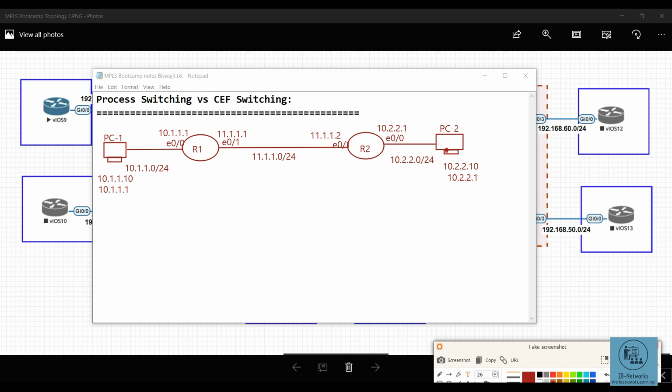Good. Once you understand this, let's talk about the fundamental piece of what is process switching versus CEF switching. Let's say that this PC, 10.1.1.10, wants to communicate with 10.2.2.10. This guy wants to communicate with 10.2.2.10. So when the PC, which is the source, 10.1.1.10, wants to send some data to the destination 10.2.2.10,